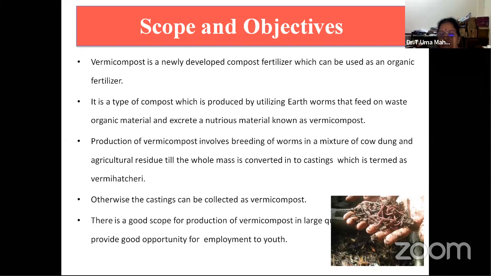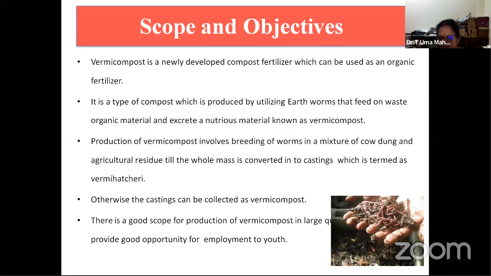But people may doubt why we can't just dump it in villages, as we say, make a heap and leave it for 2-3 months, and automatically it becomes fertilizer. But it is a time-consuming process, and the nutrient status will also differ. So keeping that in view, we have taken to the practice of using earthworms. Whenever it rains, we see so many earthworms moving on our roads and in our soil. Generally we say earthworms eat earth, that is soil. But now, for waste recycling, we are going to use the earthworm.